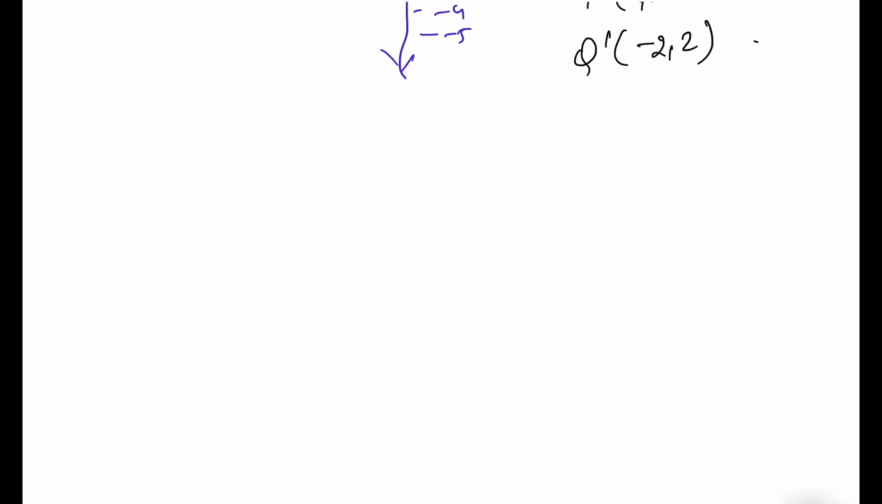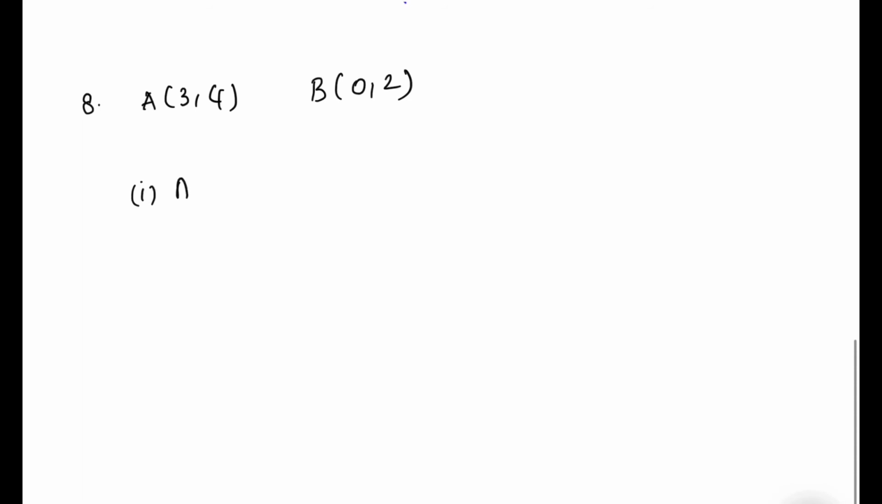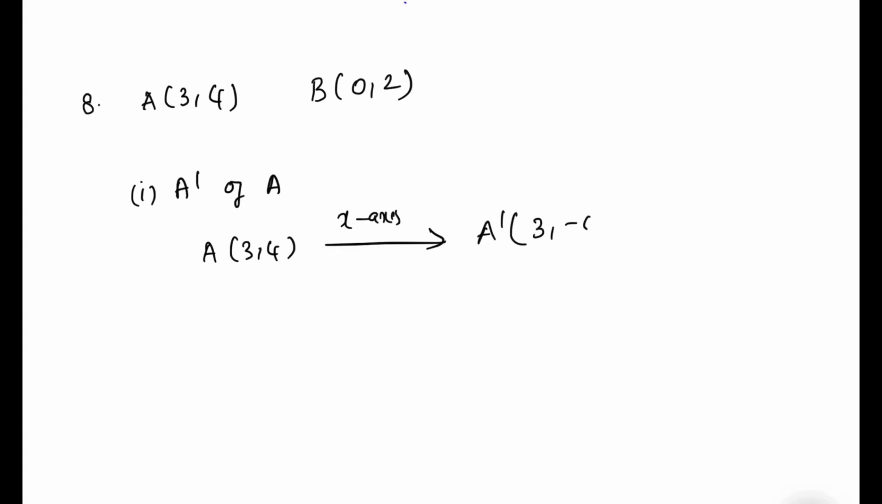Now let me come to the question number 8. So we have points A and B have coordinates A is 3, 4 and B is 0, 2 respectively. Find the images of, first one, A dash of A under reflection in the x-axis. So A reflected on x-axis, you get A dash. Correct? So A dash will be what? 3, -4. Similarly, B dash of B. So B is reflected,